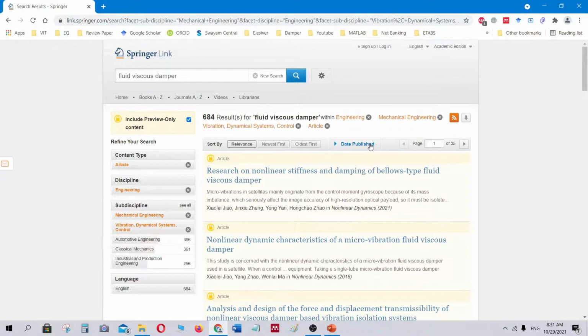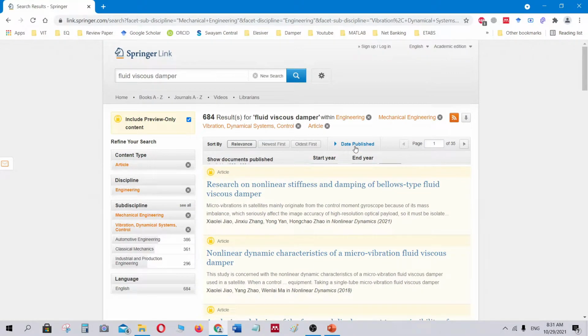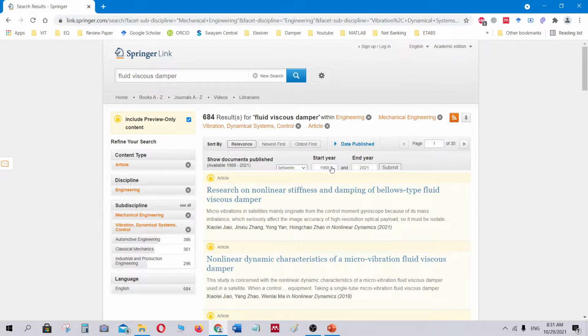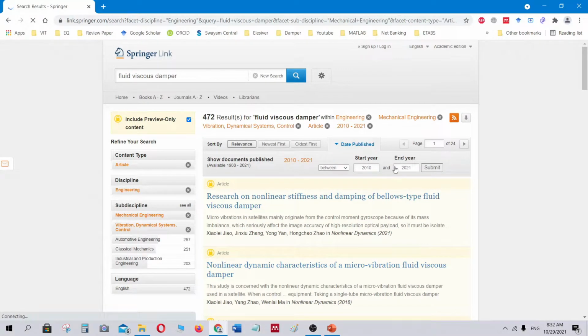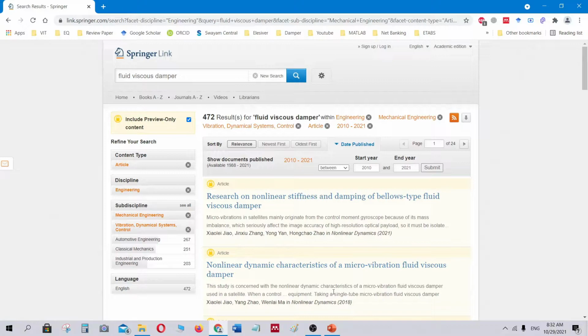And if you are searching for past 10 years of research, you can even scrutinize them by selecting the date published. So only 2010 to 2021 article is available. So the past 10 years articles is only available. It has been shown in the result. So now the result is 472.